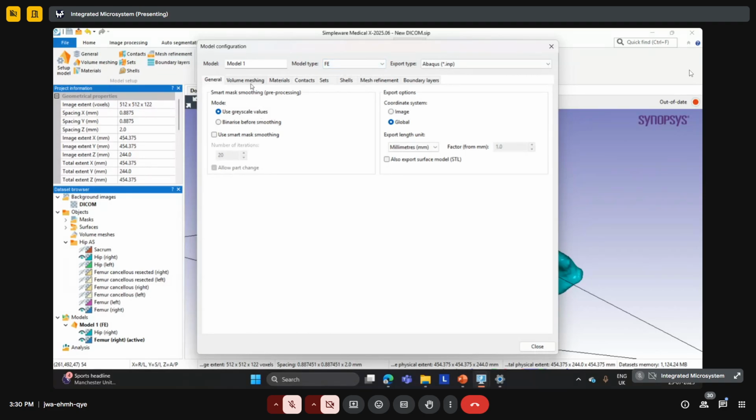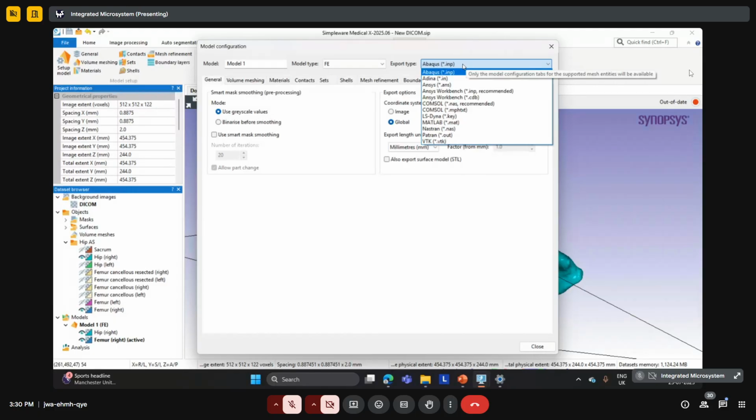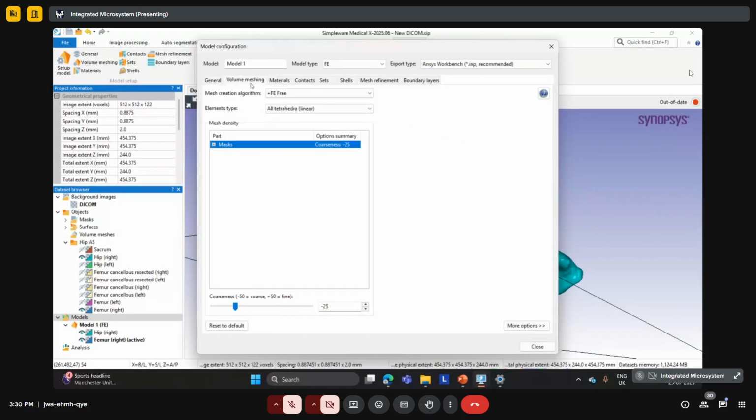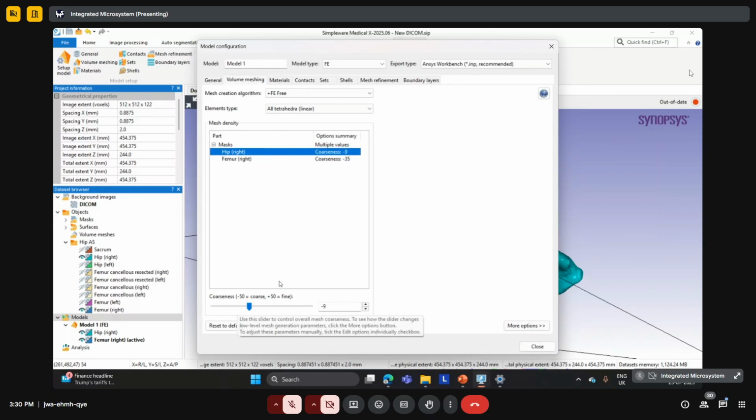So coming back to the finite element modeling, whenever we develop a finite element model, we will get an option of model configuration. We can set the model tab over here, whichever model type is required. Since it supports multiple export types, we can select from here. We can select a Abaqus file, Nastran, ANSYS Workbench, COMSOL. So, for example, let us select an ANSYS file. Since we have selected two different masks, the femur right and the hip right, we can set the coarseness level accordingly. One can have a higher fineness and another can have a